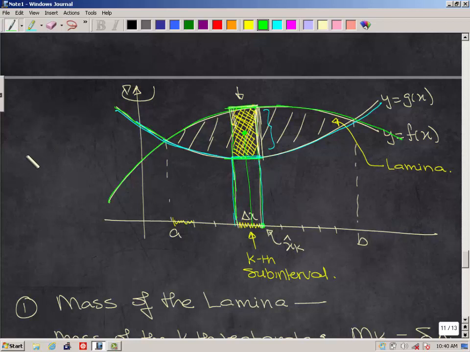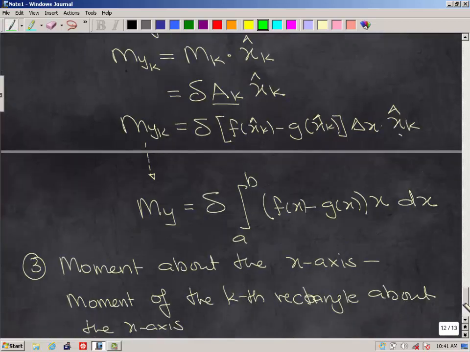If I give you 2 points, x1 y1 and x2 y2, how do I find the midpoint? You take y1 plus y2 over 2, and to find the x value we take x1 plus x2 over 2. So I'm just going to use the midpoint there. So let's take a look at that,